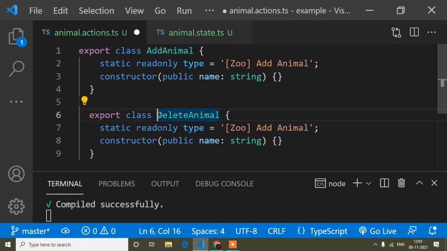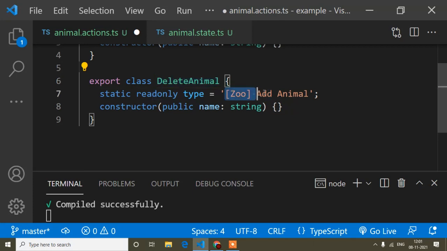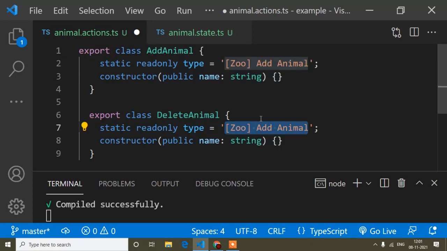And the type also you can write as per your choice. So, same way, Zoo, I will just leave it because this is the Zoo management example. So Zoo, that's why it's written here in square brackets, and instead of add, here I will write delete. And this is a string, so you can write as per your choice. If you don't want to write this way, you can write another way also. That will work too, but this is the good practice because in NGXS it is documented this way, this structure. So I will suggest writing this way.